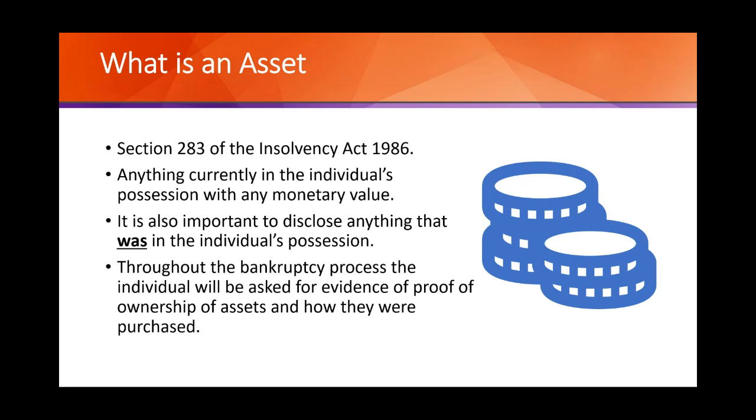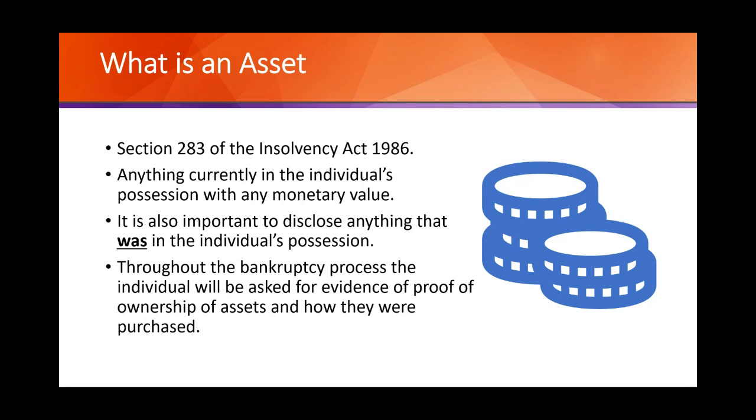One of the key roles of the official receiver is to recover assets to maximise any returns to creditors. This is covered by Section 283 of the Insolvency Act 1986, which defines asset recovery as all property belonging to or vested in the bankrupt at the commencement of the bankruptcy. Property essentially means any asset of monetary value, and it is important to note that this includes anything at the date of the order, anything pre-order, and anything which is due to the bankrupt in the near future, meaning things like monies owed for work or inheritance must all be declared to the official receiver so they can be dealt